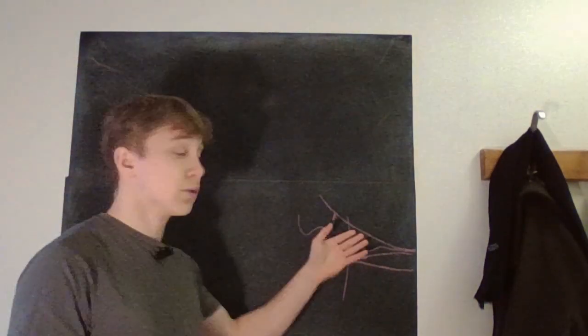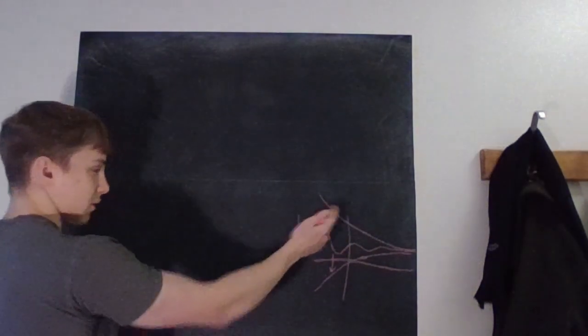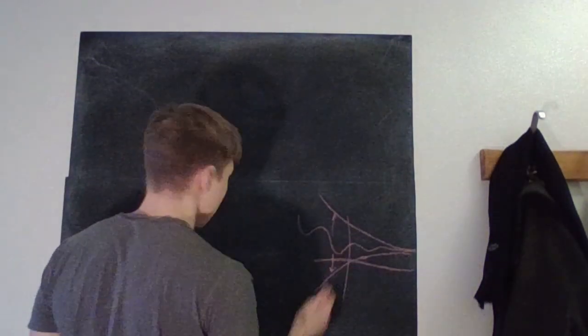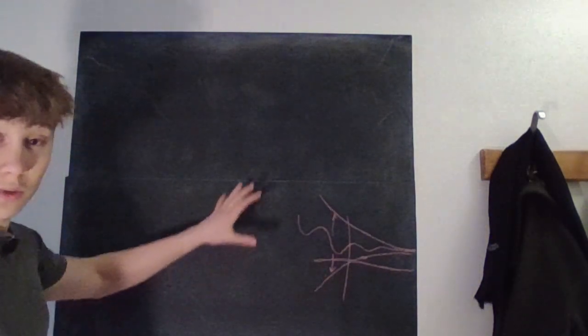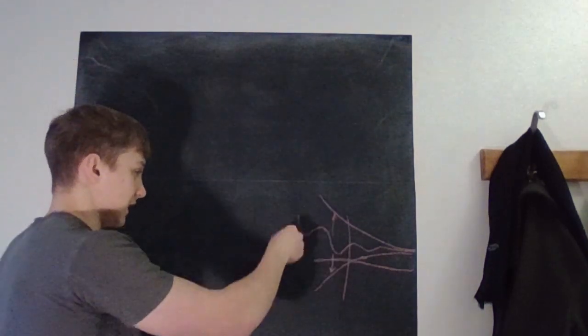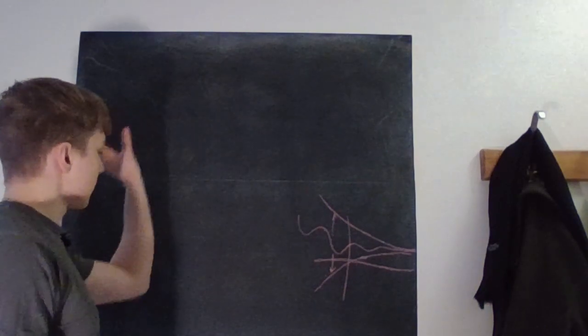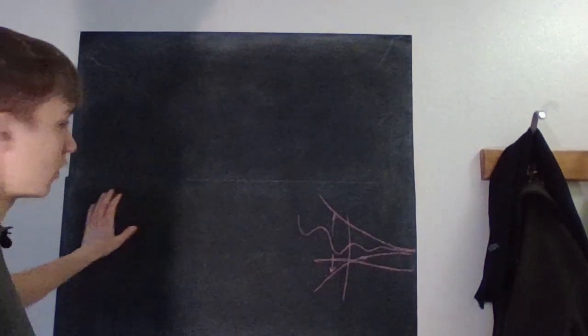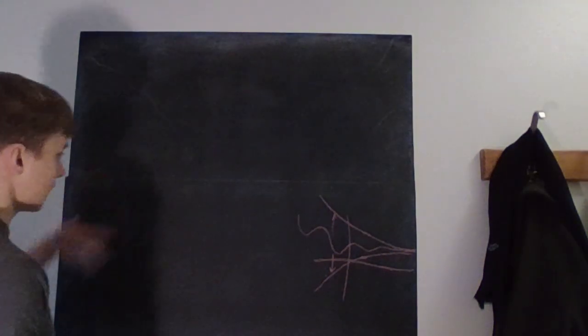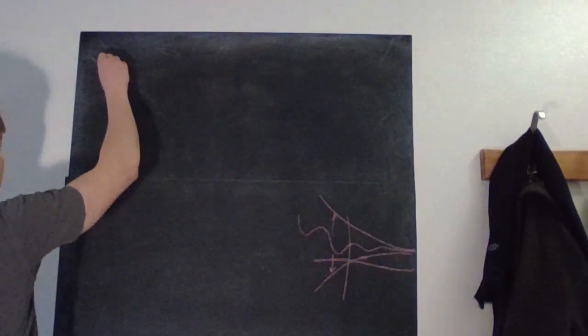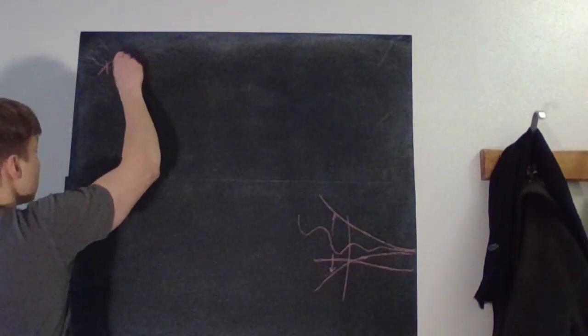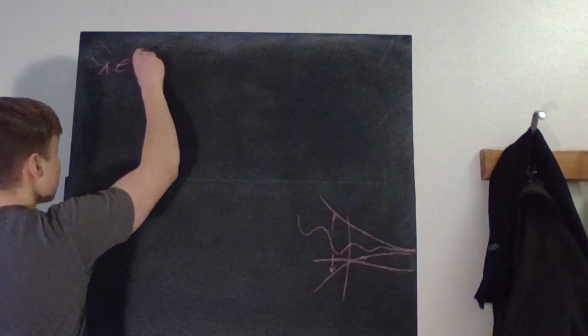Actually it doesn't have to look this nice, meaning that this is greater than that, which is greater than that. It doesn't have to hold for all x's, which it looks like it does here. It only has to hold in a small neighborhood of this point. So we say that if x belongs to our neighborhood P,